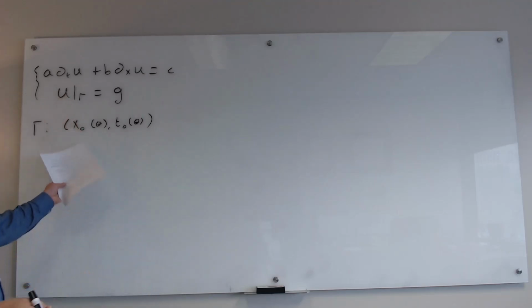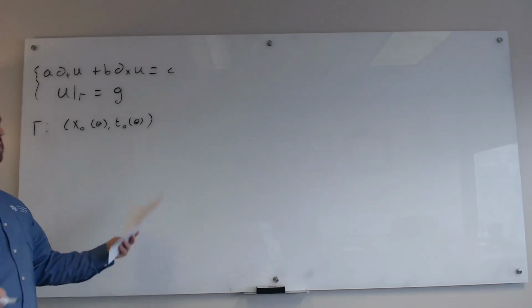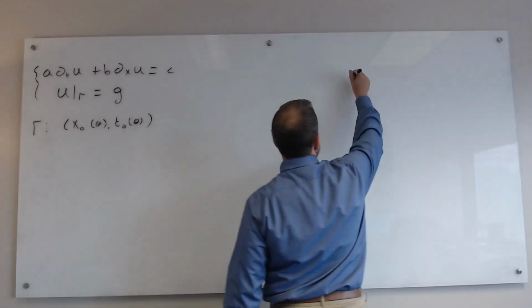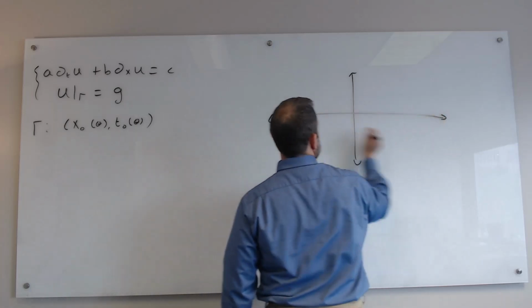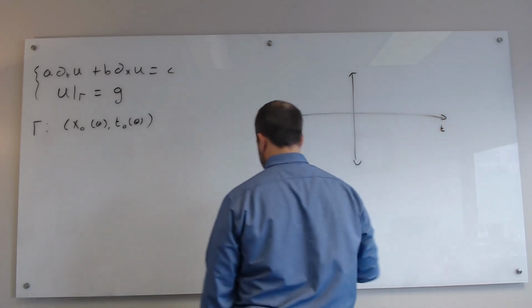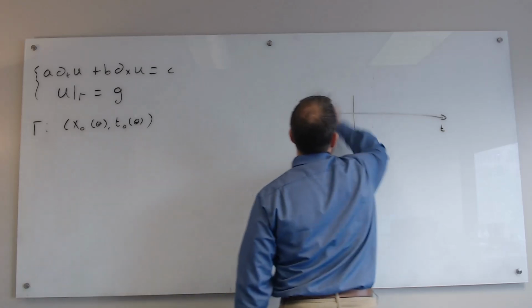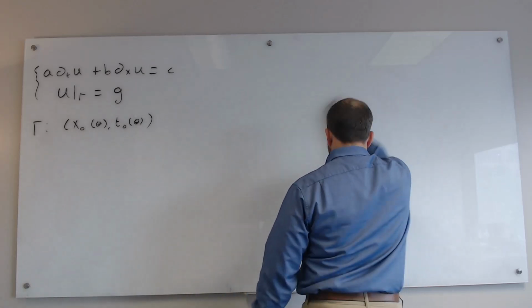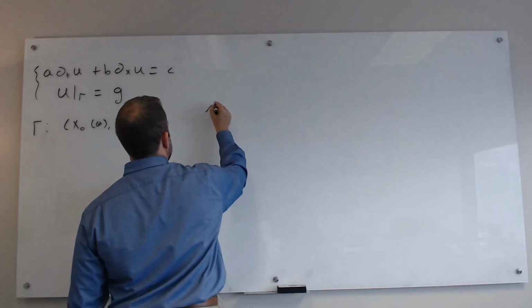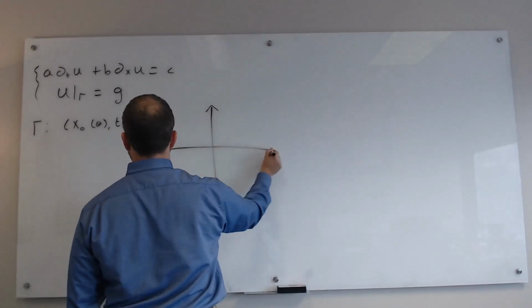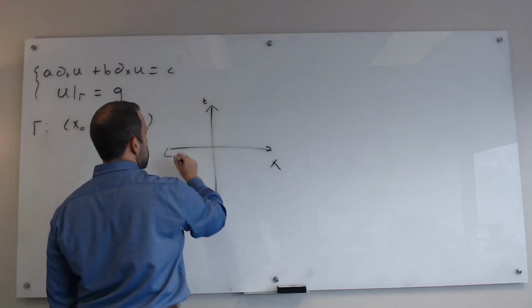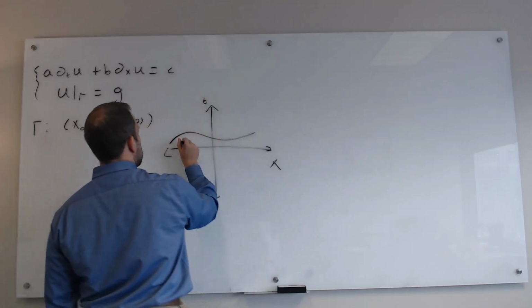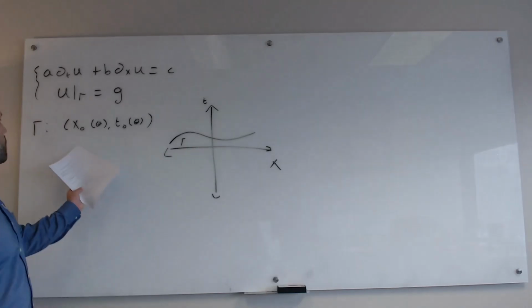This parameterizes a curve in the xt plane. So let me just schematicize this a little bit, because I'm going to be using that. Actually, I want to use this part of the board for part of the discussion, so I'm going to move over to the left here. So this is x, this is the t-axis, and then we have some curve gamma like this